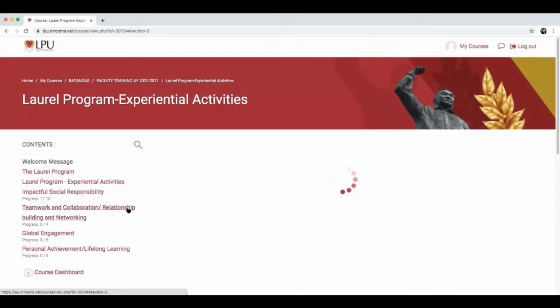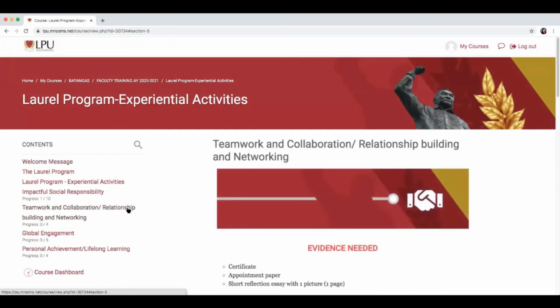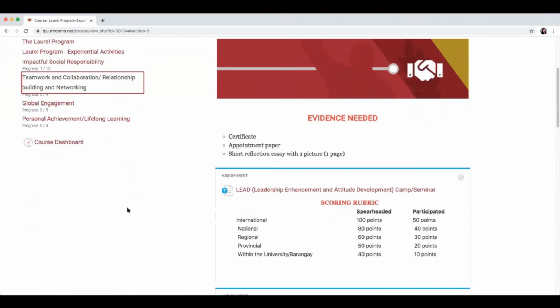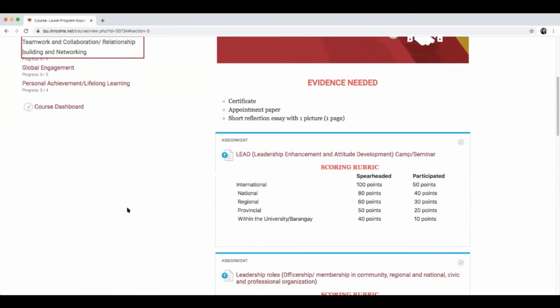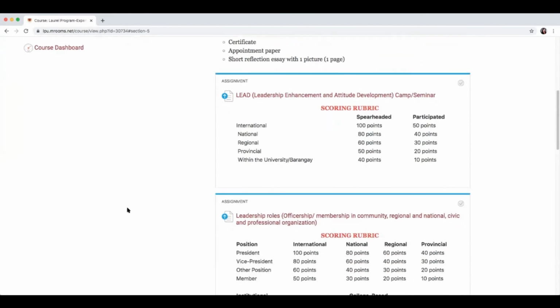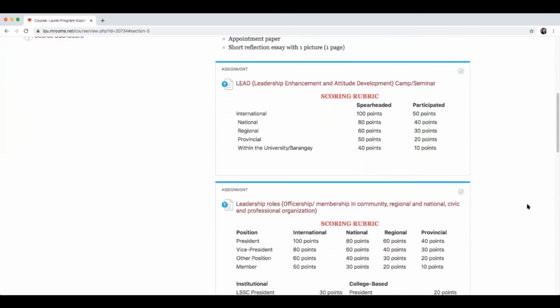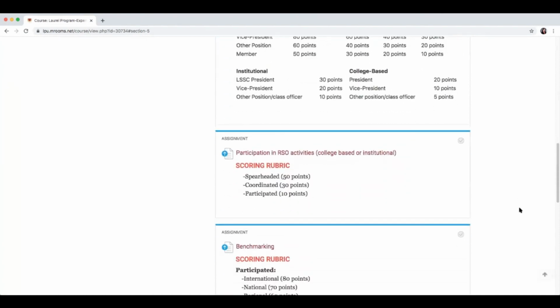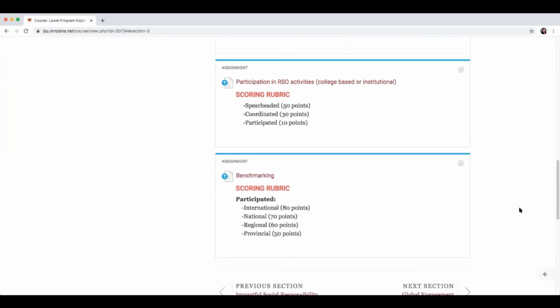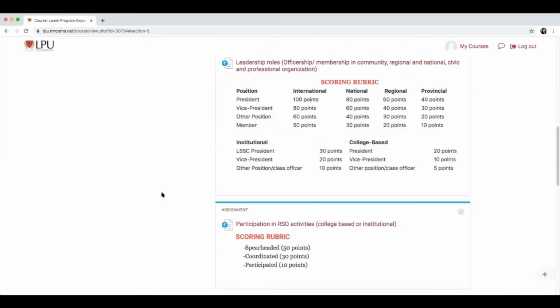So under this theme, there are 4 activities pertaining to your participation in the Leadership Enhancement and Attitude Development Camp or Seminar, the leadership roles, officership, membership in community, regional and national, civic and professional organization, as well as your participation in RSO activities, can be college-based or institutional, and your participation in the benchmarking activities. Your submissions here will be validated by the Office of Student Affairs.